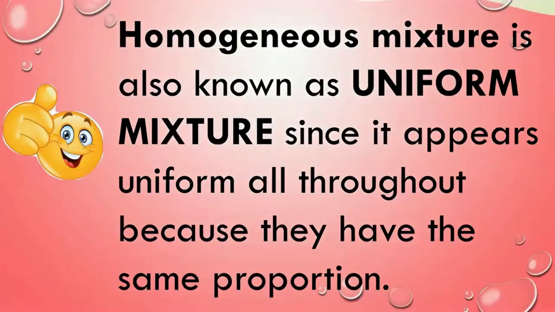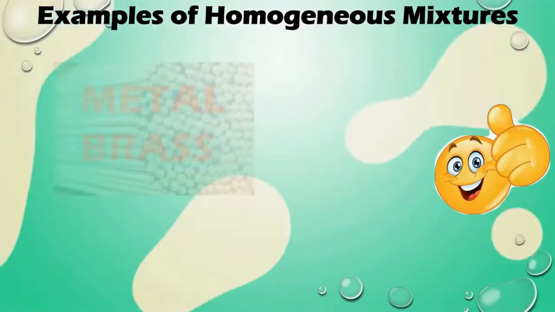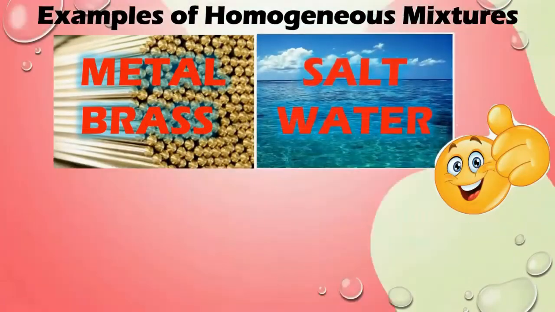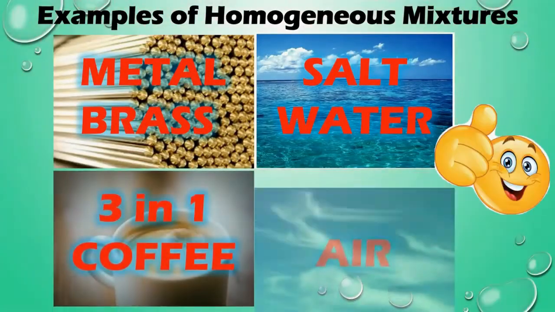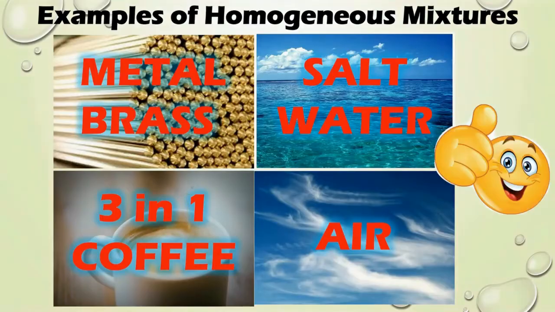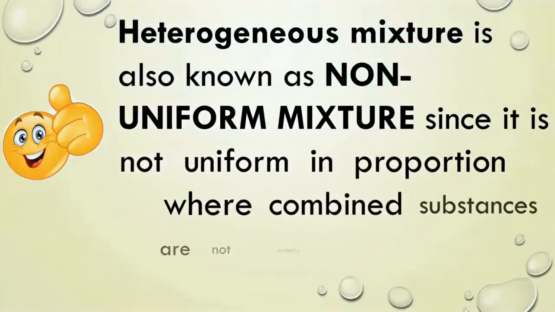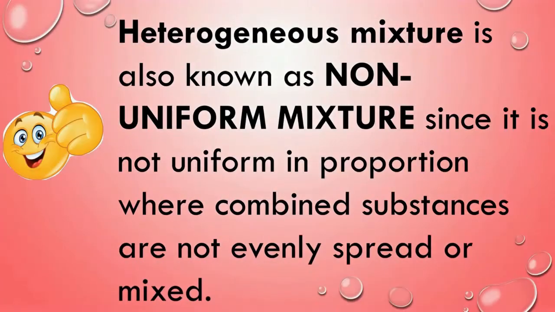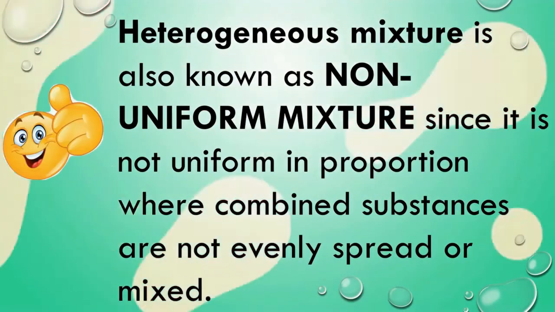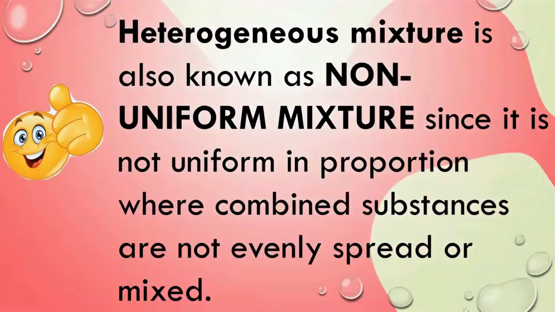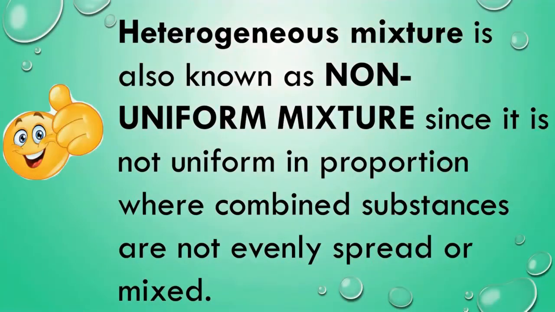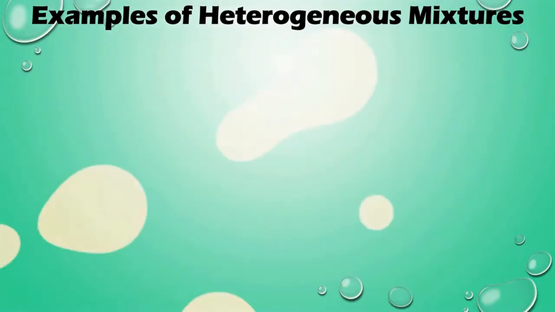These are some examples of homogeneous mixture. Heterogeneous mixtures are also known as non-uniform mixtures, since they are not uniform in proportion, where combined substances are not evenly spread or mixed. Some examples of heterogeneous mixtures are